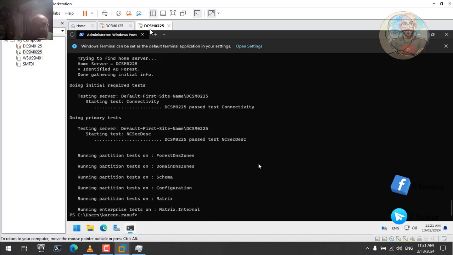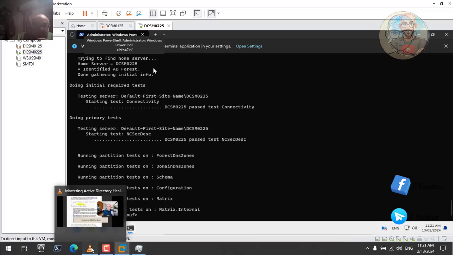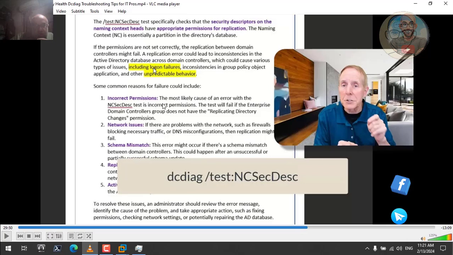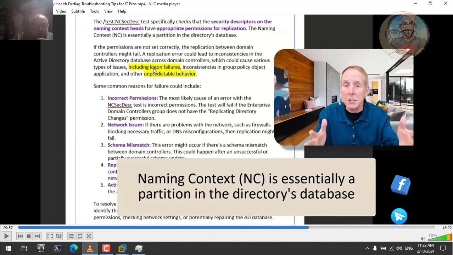Yes, it passed, and it was done on this one. It doesn't run on the other one; it didn't run at all. So we can see this test is not that good